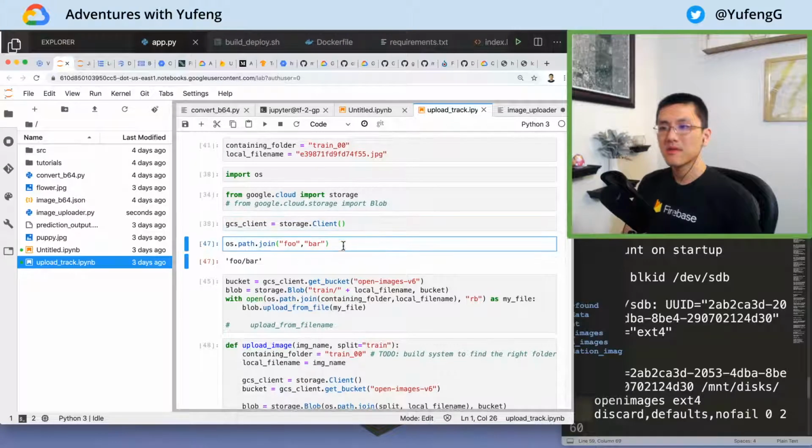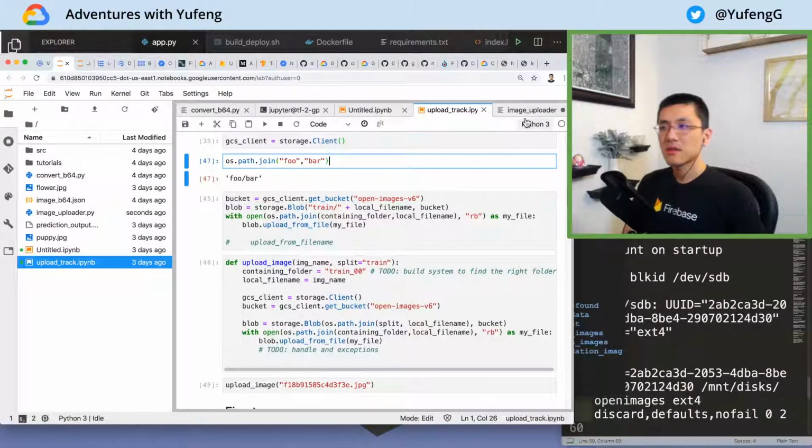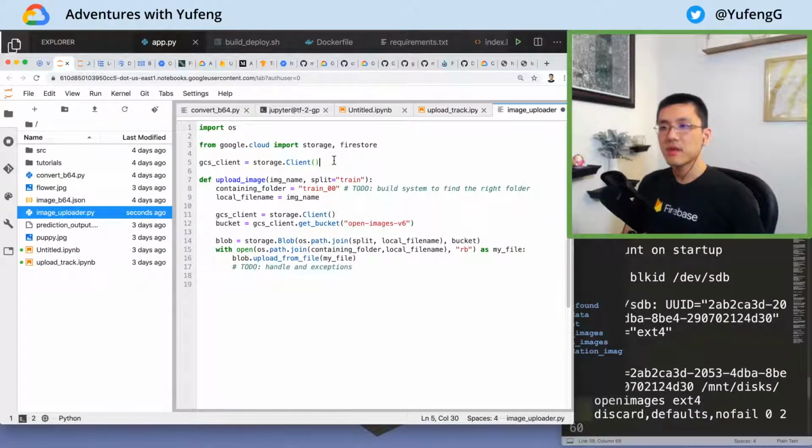Let's see, we have this. Let's see what we have over here so far. We have our client. The split is kind of whether it's train, validation, or test. For now, it's just hard-coded to be this folder. Right now, once we change it, it will go to Firestore and fetch the